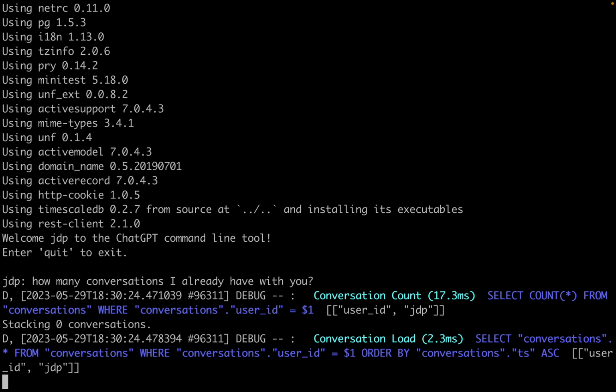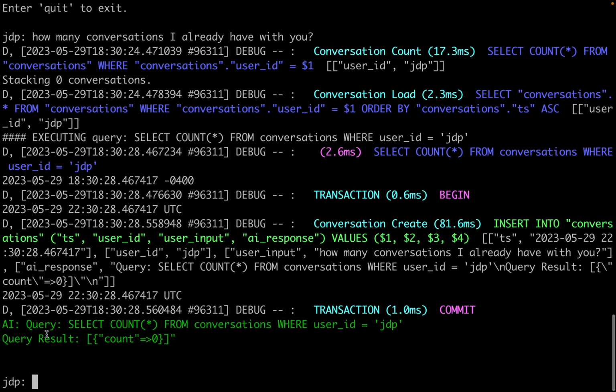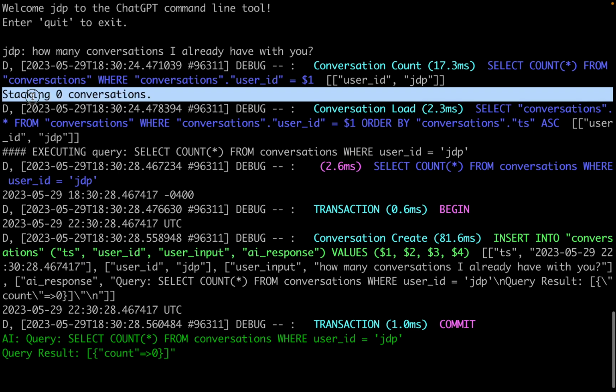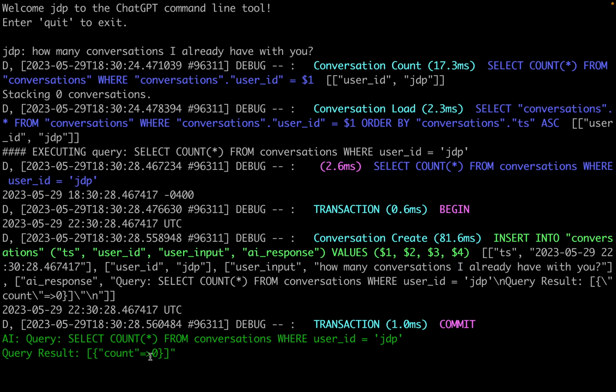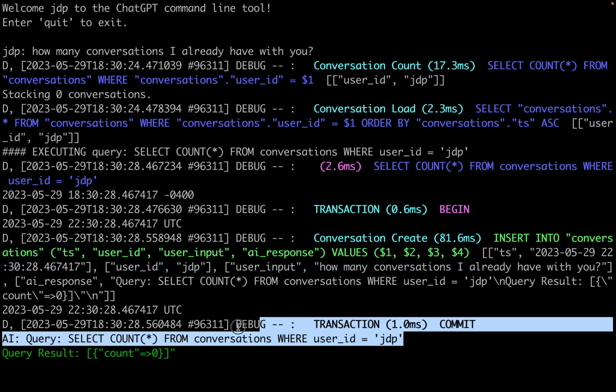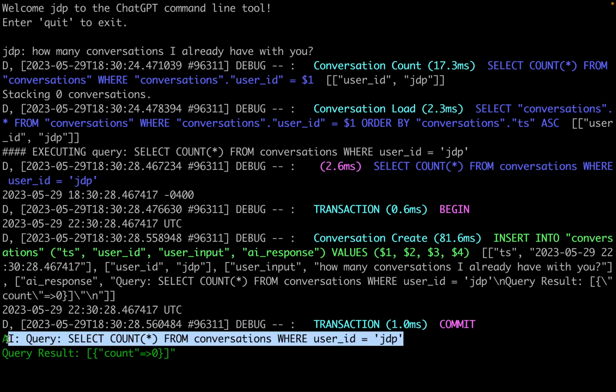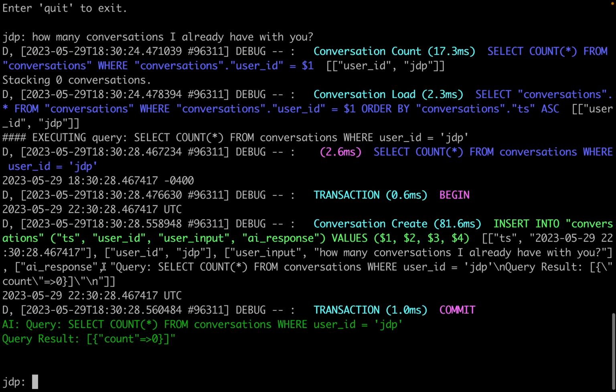And then it went to the database, stacking 0 conversations. It's just a log message that I have. And then we have the query response saying select count from conversations. Now I can just say do it again because I don't have a conversation, but